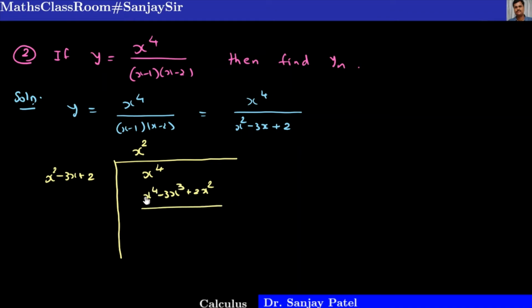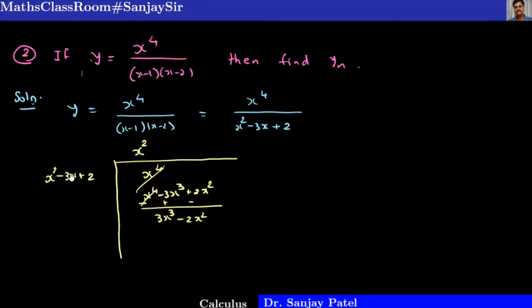Okay, and we subtract these two, so we have to change the sign of this, minus, plus, and minus. You know this division process, so this will be cancelled, and what you will get is 3x cube minus 2x square. Okay,